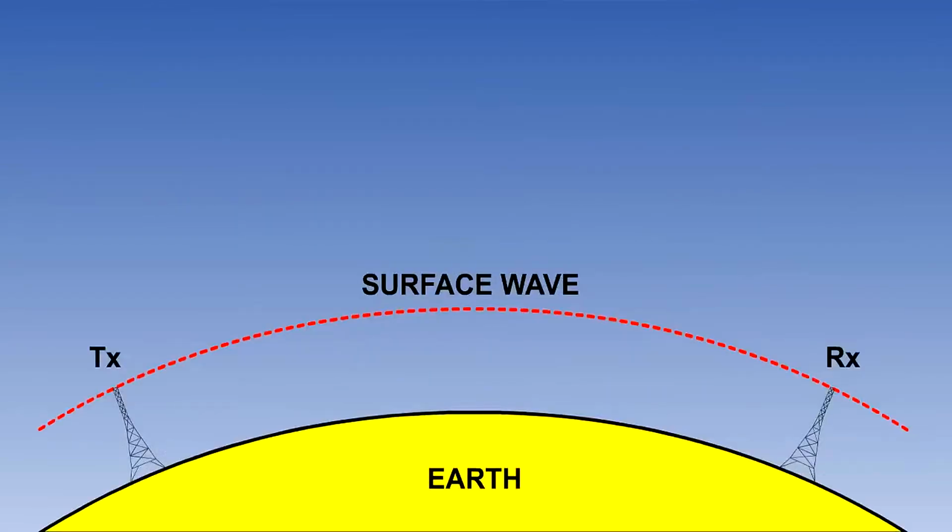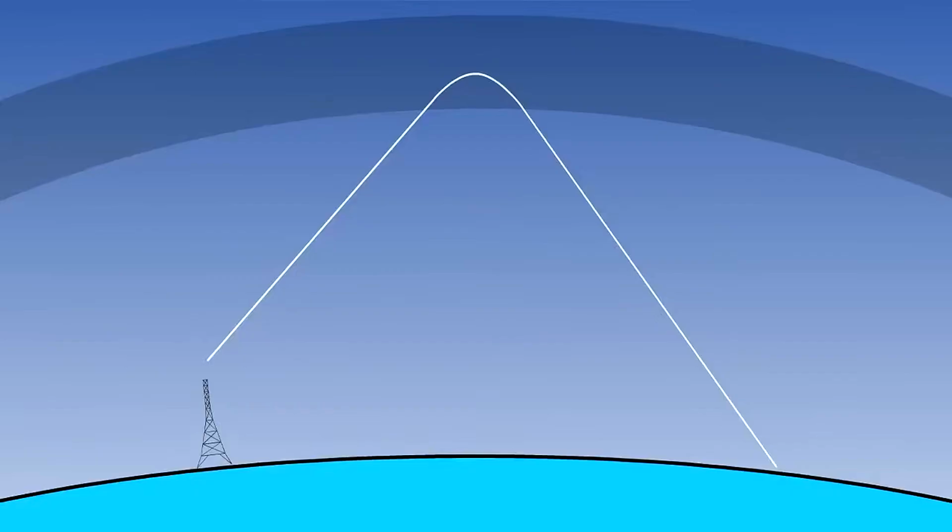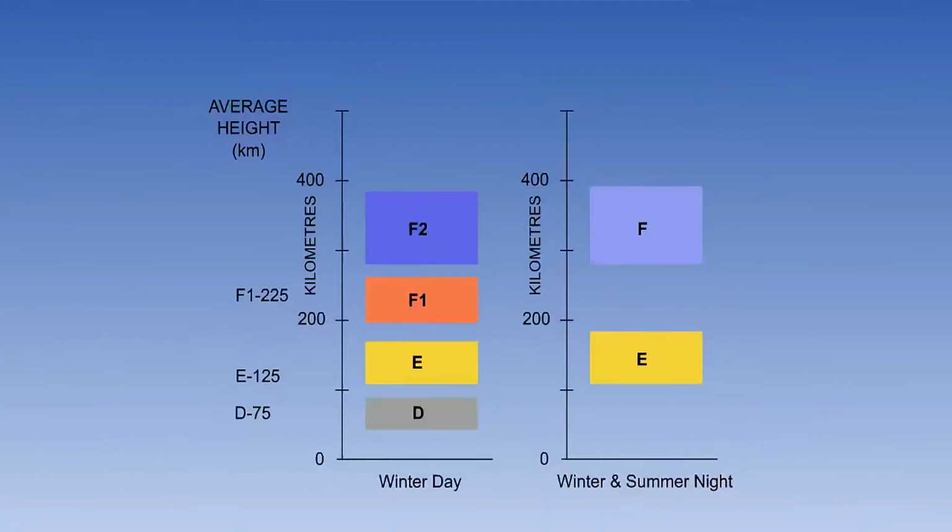Let's recap what we have learned in this lesson. Radio waves are transmitted either as ground waves, which can be surface waves, or space waves, or sky waves. The ionosphere is composed of three layers, D, E and F, which is divided into two, F1 and F2. These layers refract radio waves back to Earth. At night, layer D disappears, layer E almost disappears, and layers F1 and F2 combine.